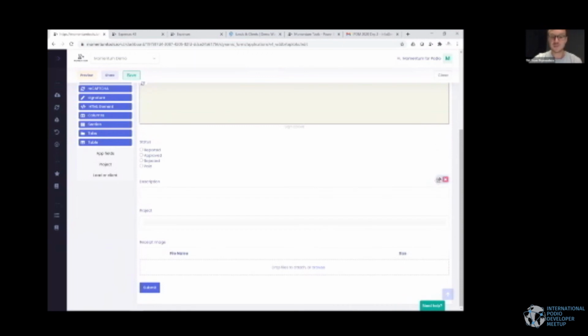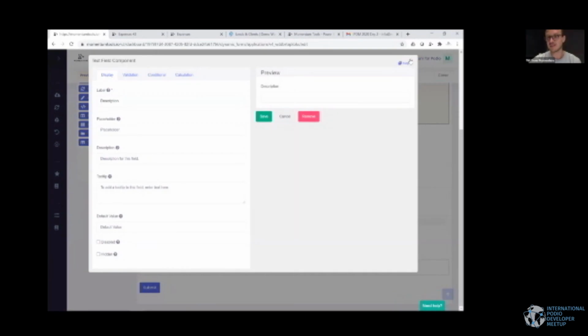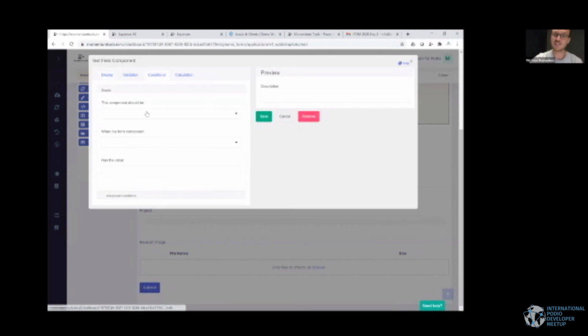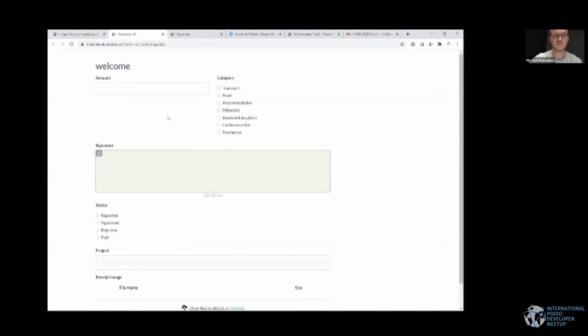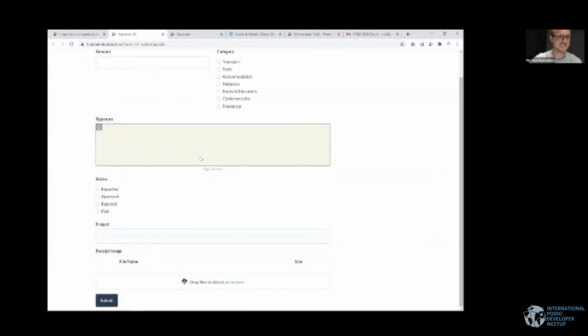A very powerful feature is also the conditional formatting. So we have here a status field with a few categories. We can, for instance, decide that if you open this configuration for this field, you can add conditional logic, and you can say, hey, I want to have this field visible whenever the status field has value reported. So I'll click save. I'll save my form again and see how our form looks now. It's not the nicest form, but you see if you click here, this will hide or show the description field